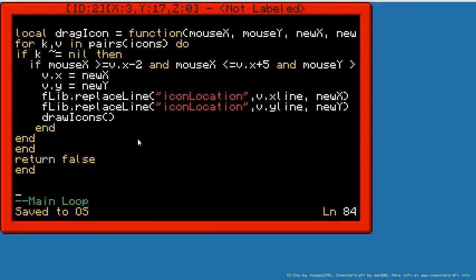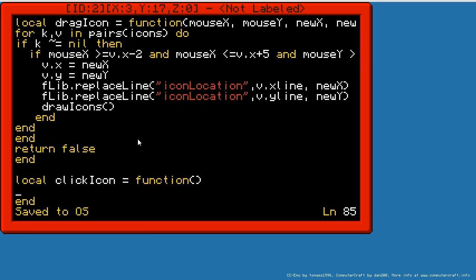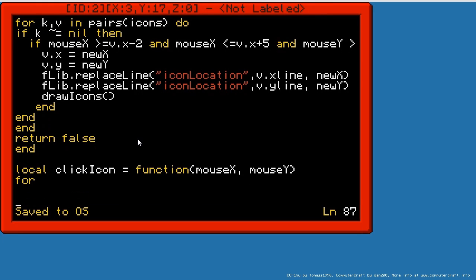So last one for the icons is local click icon equals function end, and it's basically the exact same thing as the one above. So I'm just going to go mouse X, mouse Y, but that's all you need for this one. So now it's for k, v in pairs icons do, if k is not equal to nil, then